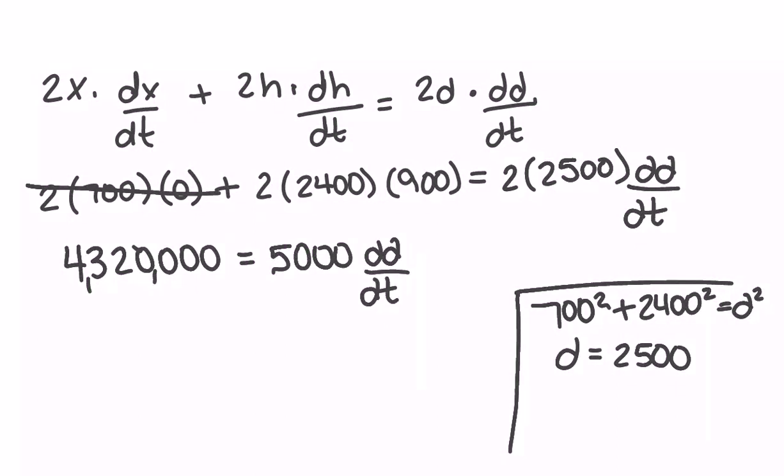If we divide by 5,000, we find that dd over dt is